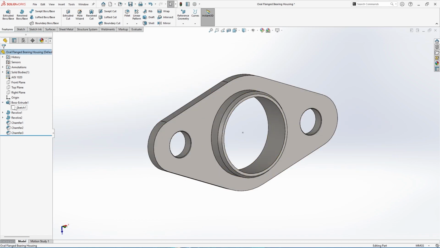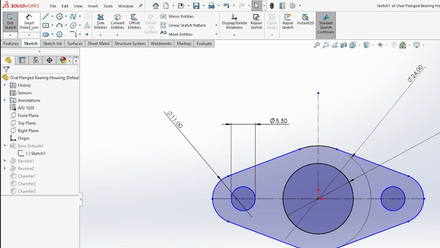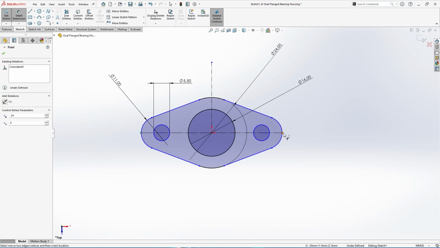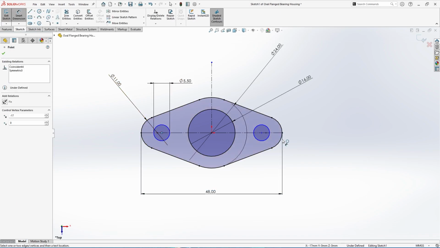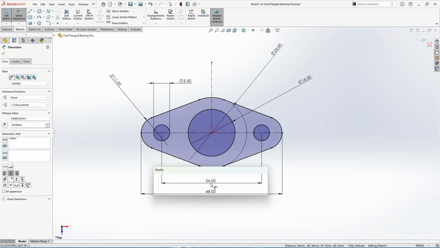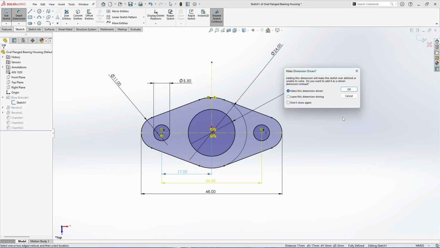Now that the shape is ready, let's take control over the exact size using dimensions. Using the Smart Dimension tool, click Align and enter a value. This dimension turns black, meaning it controls the geometry. That's what we call a driving dimension. However, when you add a dimension to fully defined geometry, it turns gray. That's a driven dimension. It doesn't control anything, it just tells you the size.